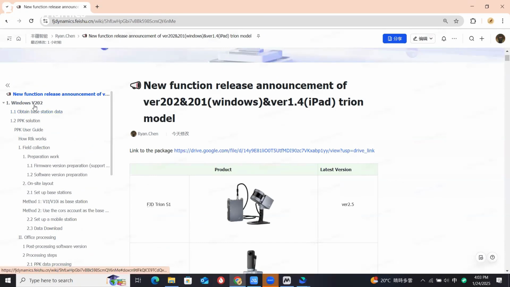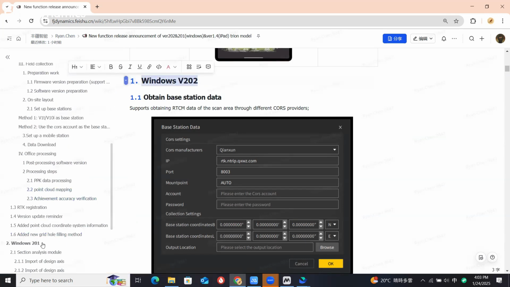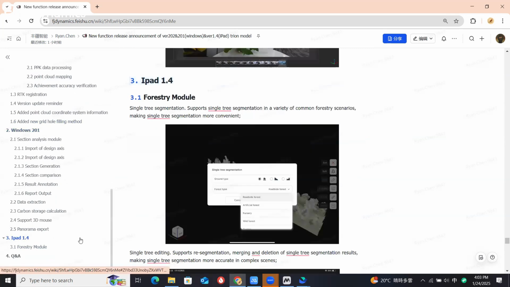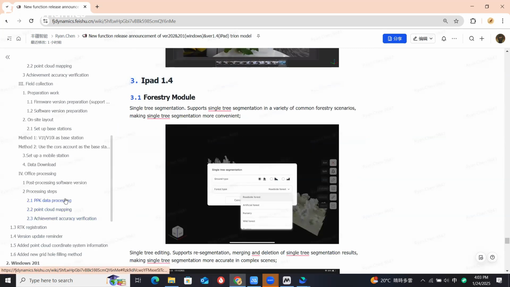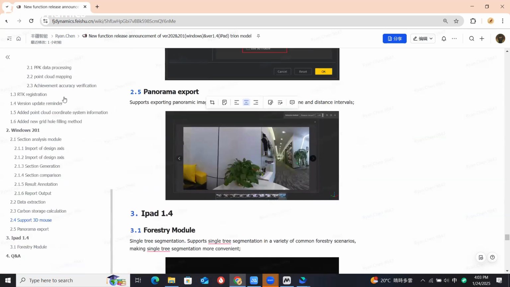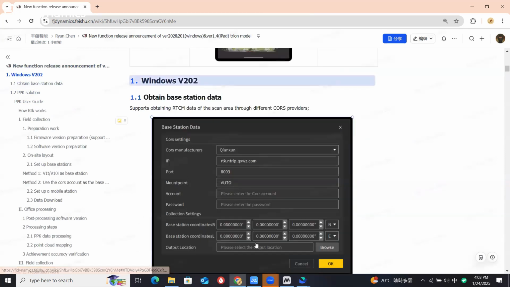Today I'm going to introduce the new features that we released on the 202 and 201 Trion model, and also for the iPad version Trion model. The main topic is mainly about the PPK solution. This is the biggest change we made on the 202, and